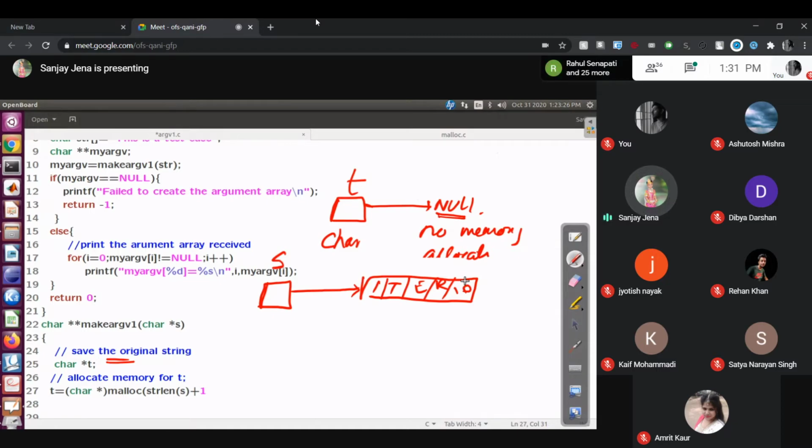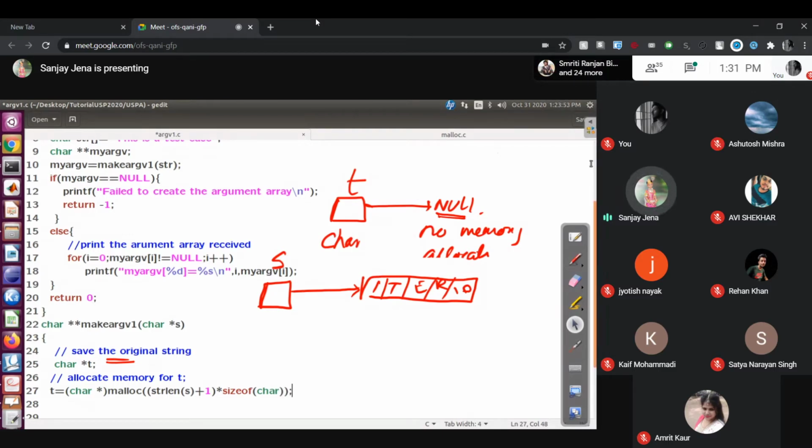Of what type? Of the type character. Very good. Then put it in a box. This much of bytes I want, times sizeof(char).